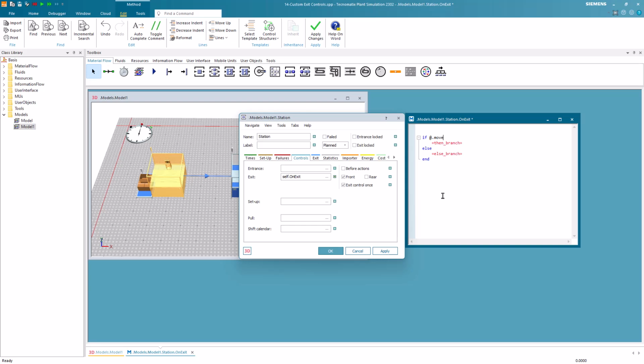If this was successful, we print "part moved successfully". If it wasn't successful, we print "moving the part was unsuccessful".